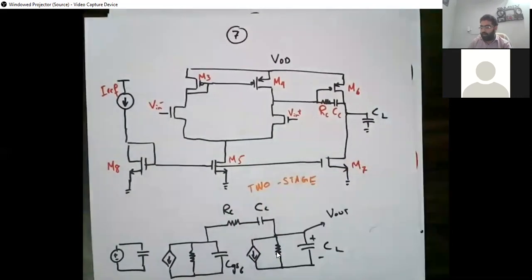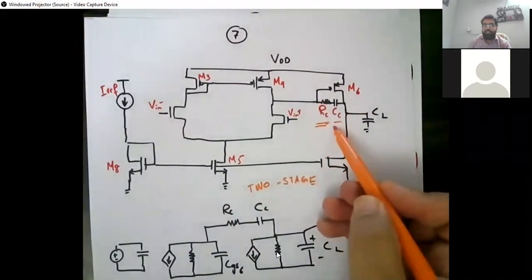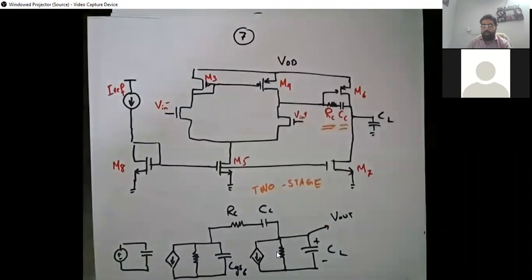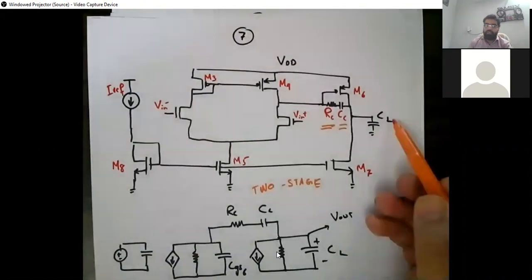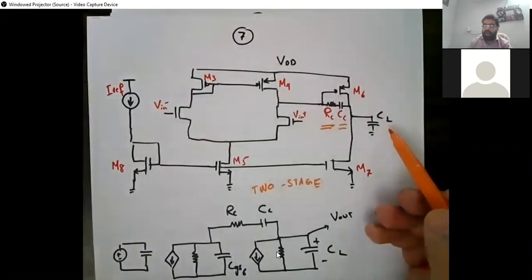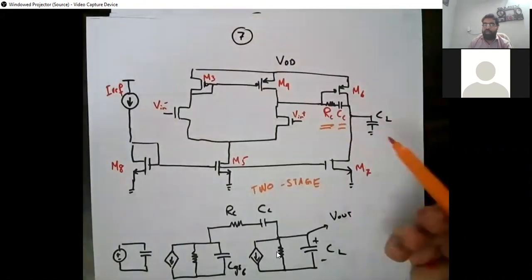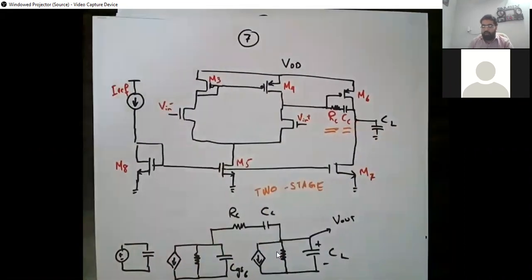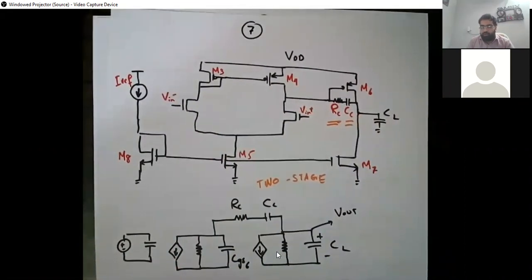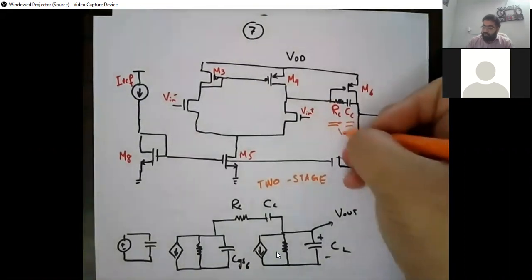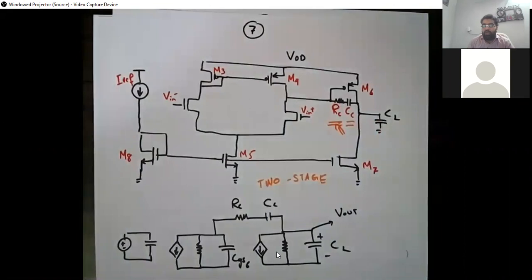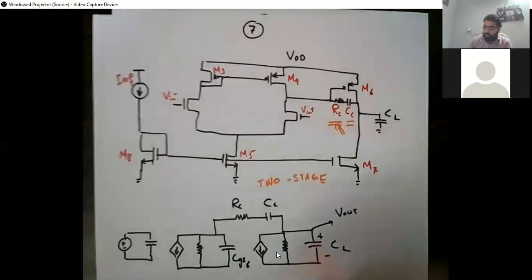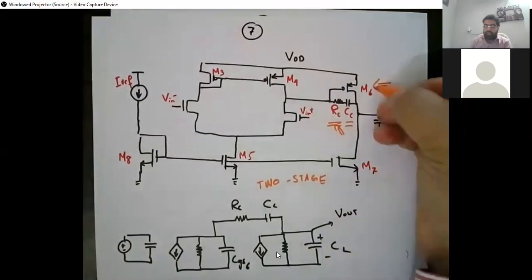So this is a two-stage amplifier. Now we have an RC and we have a CC. The purpose of the compensation capacitor was to make the system reasonable and practical. Otherwise, the value of CL was going too high. But after adding the CC, the system had less phase margin, and a zero was created. So in order to get rid of that zero issue, we were adding an RC, and we have seen how we can have a value of RC greater than 1 over GM6 to ensure a stable and reasonable design.